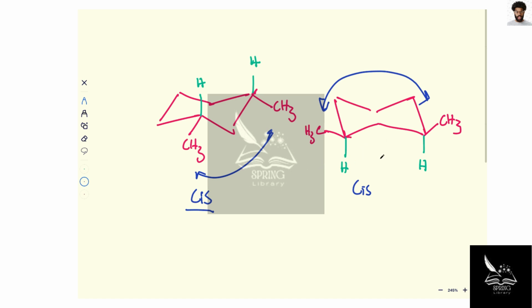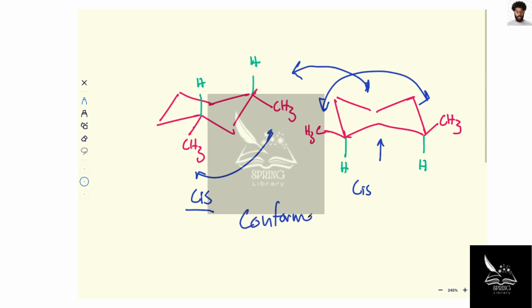if we were to flip this chair over, not do a chair flip, or do a chair flip, wouldn't really matter. The point is that we would still have both of the carbons on the same base of the cyclohexane, and if we were to flip the chair physically over, the carbons would be on the underside of the ring, whereas now they're on the upper side of the ring. Right? So we can get from this right-hand molecule to the left-hand molecule without reorganizing or breaking any bonds. Right? So this makes them